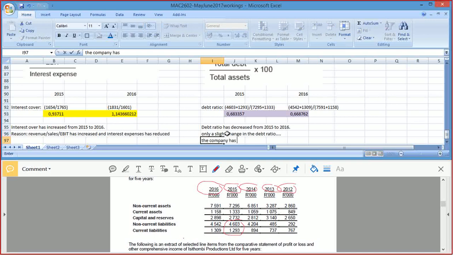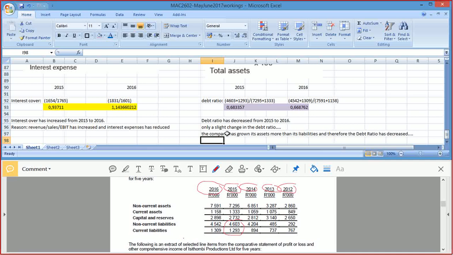The company has grown its assets more than its liabilities, and therefore the debt ratio has decreased. Okay. Right, I don't think they'll be too picky about the way you explain it,